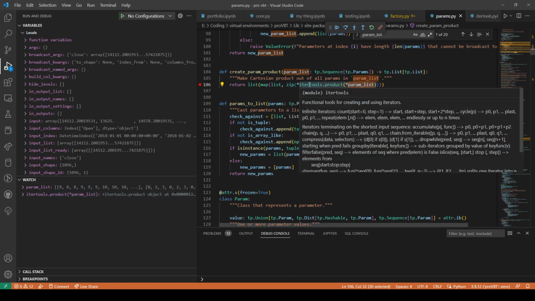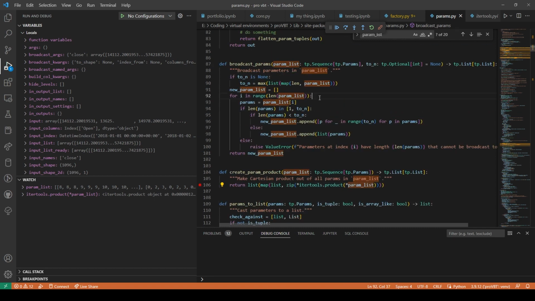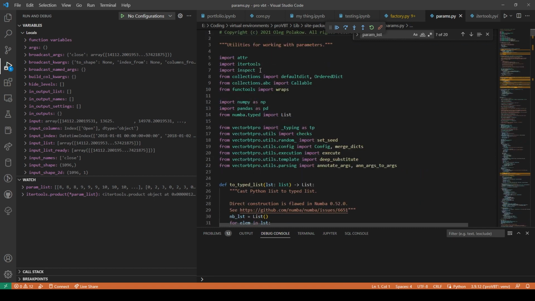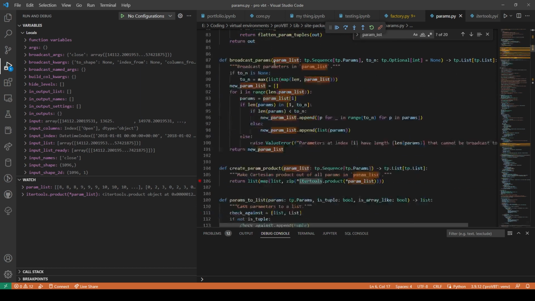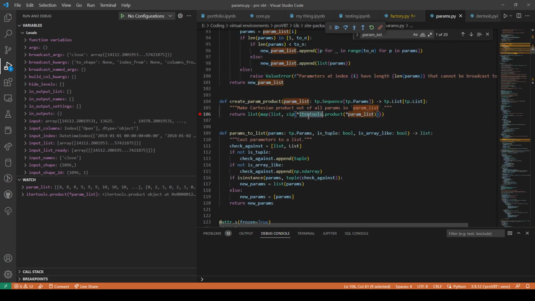Itertools? What is itertools? Oh God, iter tools. Oh no. So here we are.